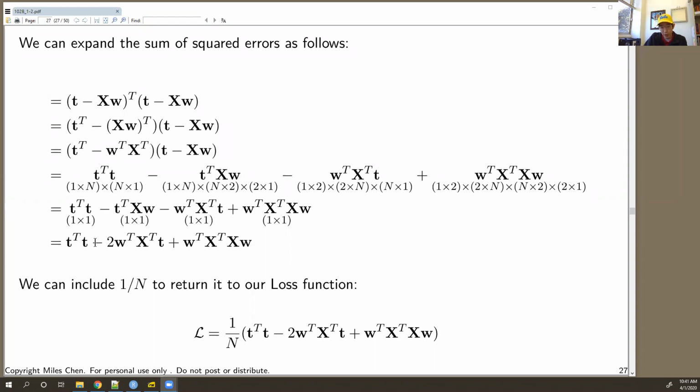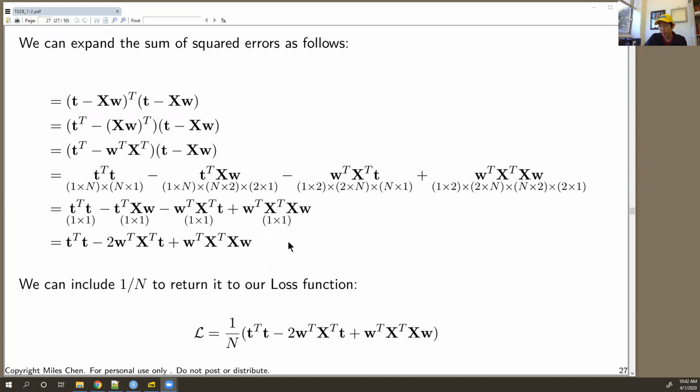Basically, each of these things is going to boil down to a 1 by 1 scalar value, okay? And these two values, t transpose xw and w transpose x transpose t, these are transposes of each other, okay? If I take this and I transpose it, I'm going to get this. Because it's a 1 by 1 scalar value, the transpose of a scalar is still the same scalar, so I can combine these two things, all right? And so I'm going to get t transpose t, minus 2 times w transpose x transpose t, plus w transpose x